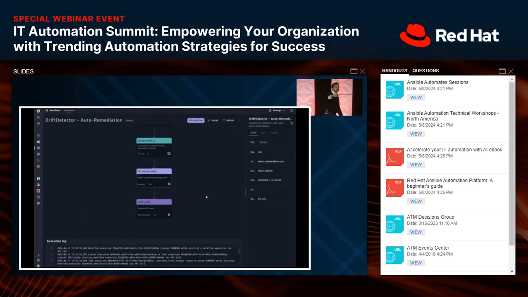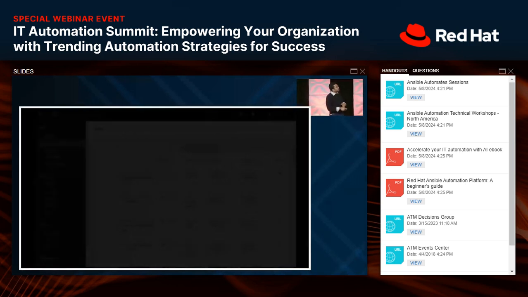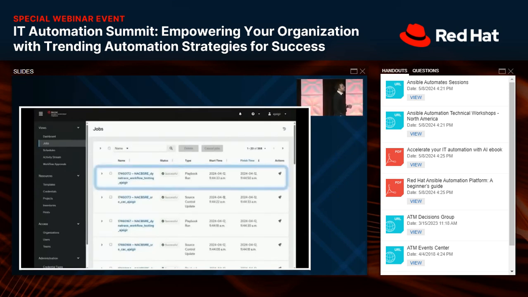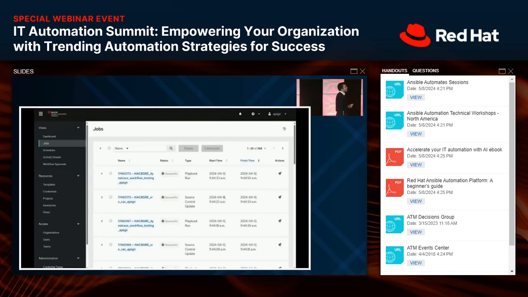Now, if the drift was resolved, it takes about 30 seconds for the new drift detector.log file to update, and for Dynatrace to ingest that log file, and for us to query that data point and check if the drift was actually resolved. And that's what's happening here. So it's waiting for the drift to be remediated, put in the log file saying that the drift is gone, and then the Ansible playbook itself calling saying it's completed. That's where the automation workflow ends. And as you see on the screen, it is showing you the playbook that has run.